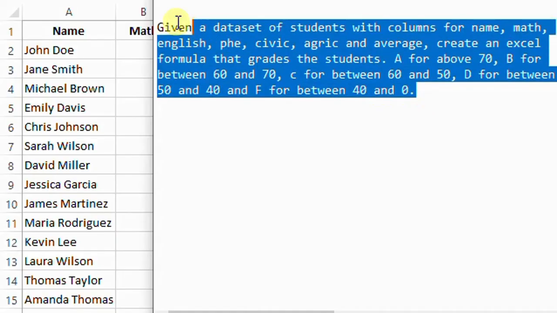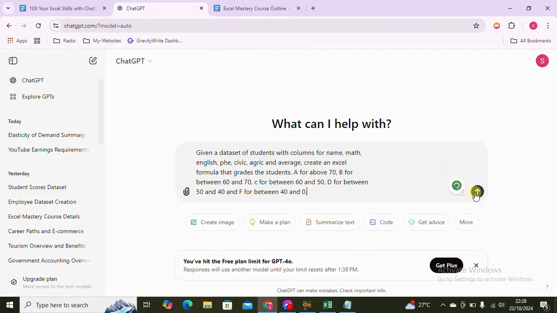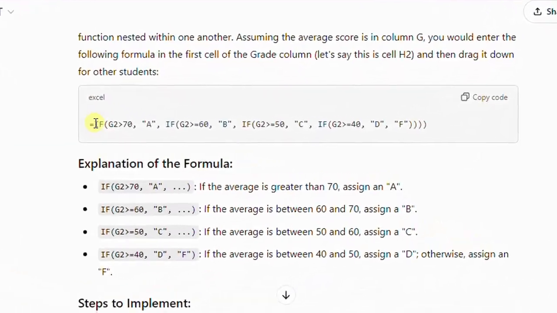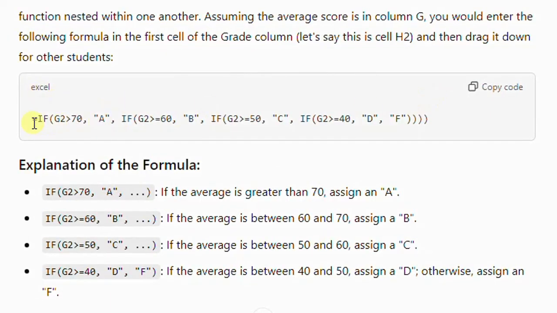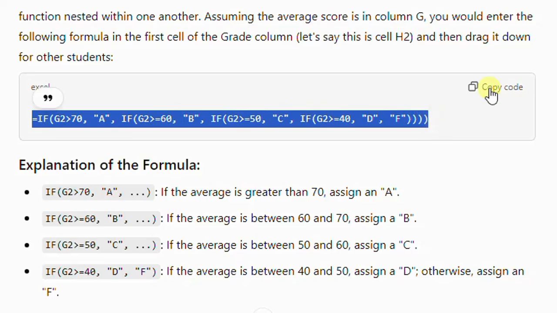So I'll copy this prompt and I'll take it to ChatGPT and paste it into this message area. Ctrl V to paste. So let's see the formula it will give us. Press enter on your keyboard, and let's see what will happen. So as you can see, ChatGPT has given us a formula we can copy to get the grades for the students. So I'll copy this entire formula, or you click on this copy code and you go to Excel and